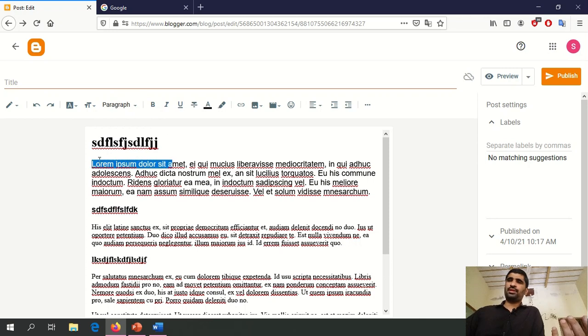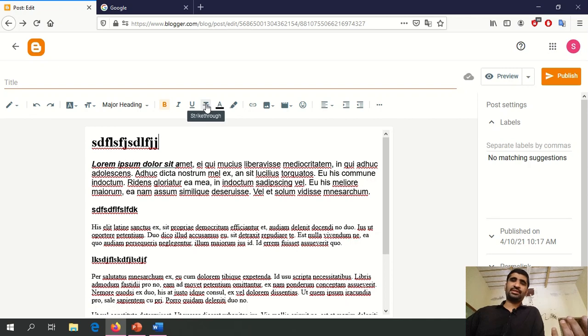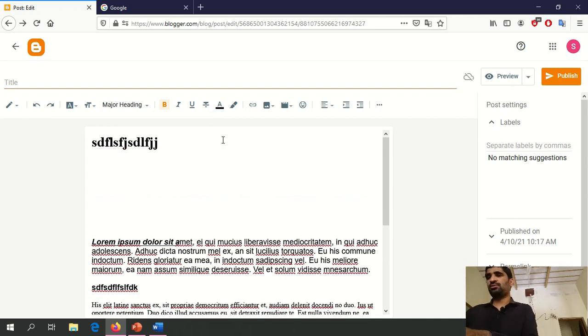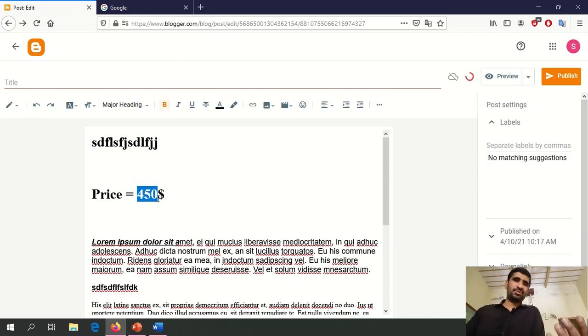To bold, simply select the text and just select this B. This one is for italic, for underline, and this is the strikethrough. Strikethrough means, for instance, you have an e-commerce website where you have a product with a price of $450, and now there is a sale.